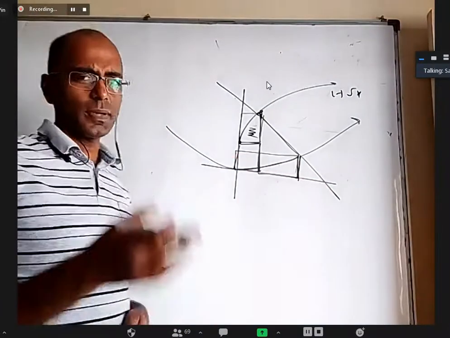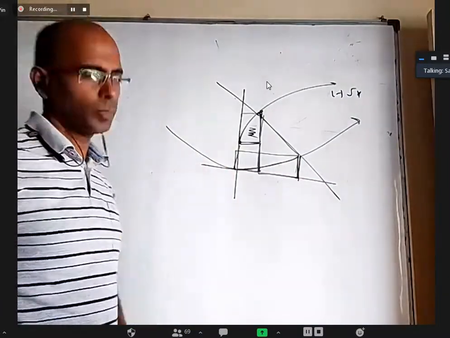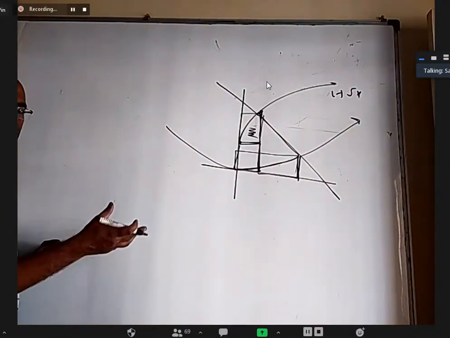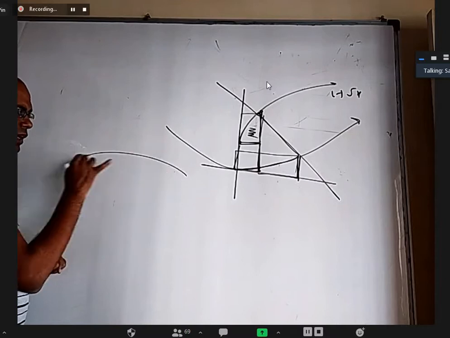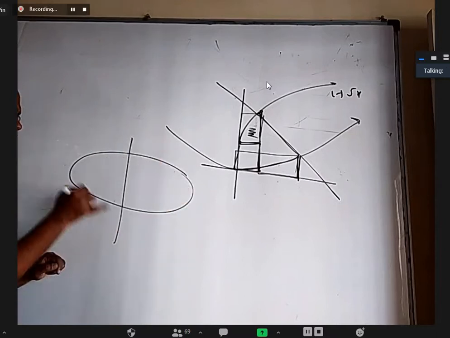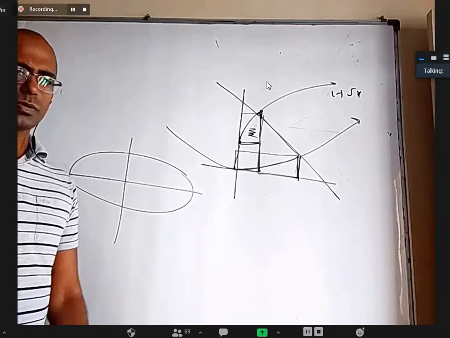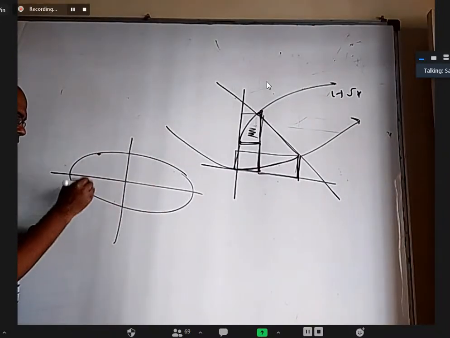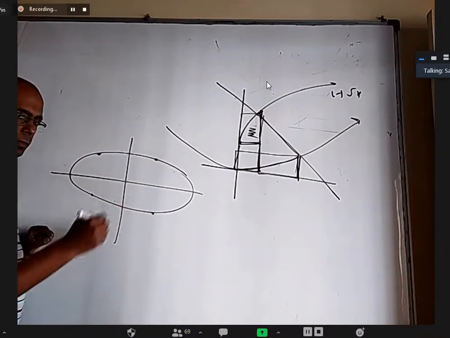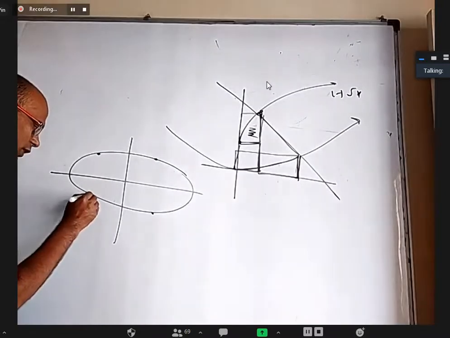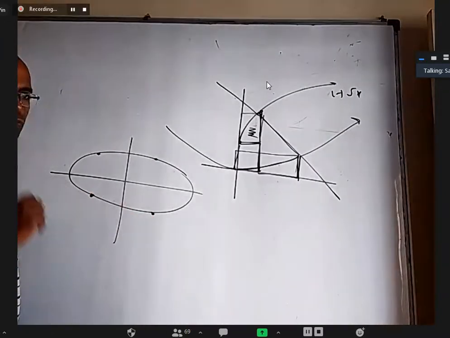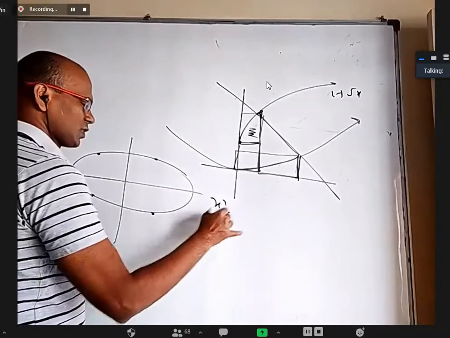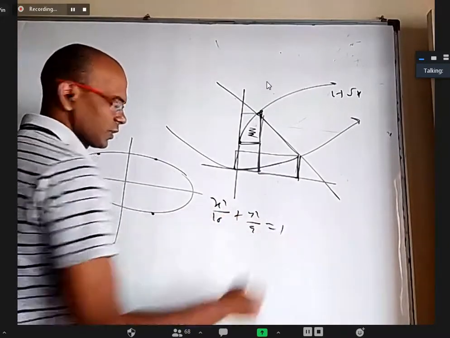But some people may get confused. With the practice, you have to do it properly. But I would like to tell one JEE Advanced question where you can save a lot of time. They gave one ellipse. Right now I can screen share and show the question, but time is up. Anyway, there is one ellipse. It has 4 ends of latus rectum. Take these 2 ends of the latus rectum whose y coordinate is negative. They gave the ellipse equation, let us say x squared by 16 plus y squared by 9 equal to 1.